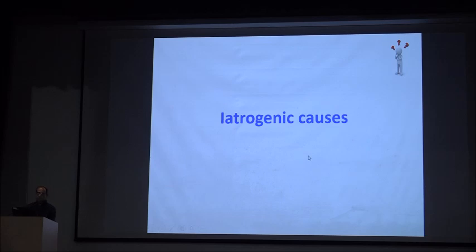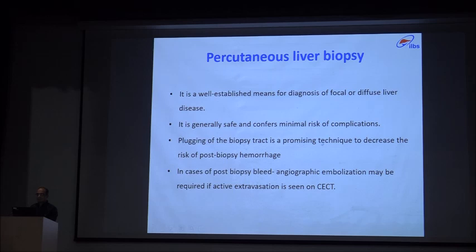The second most common indication for angioembolization is iatrogenic cause of bleeding. The most common iatrogenic cause of bleeding is percutaneous liver biopsy. Even though we know this is the well-established means for diagnosis of diffuse liver disease, it is usually safe. However, a very small risk of bleeding is still present, especially if the patient has a deranged coagulation